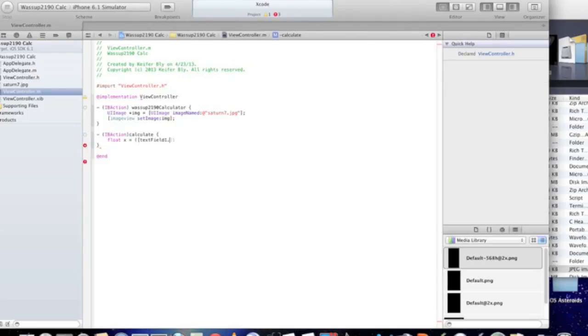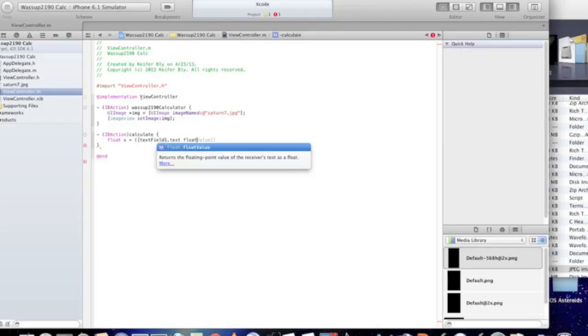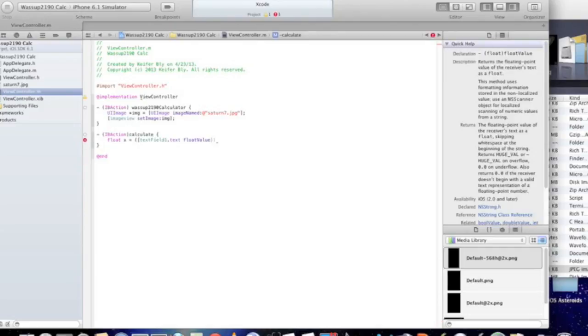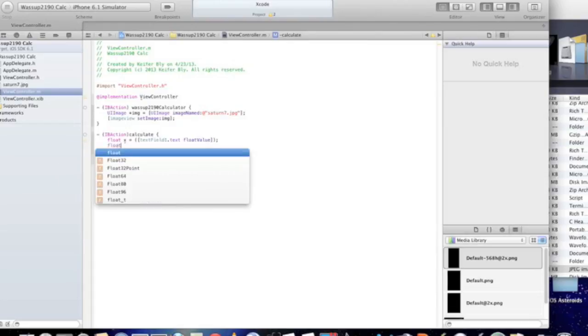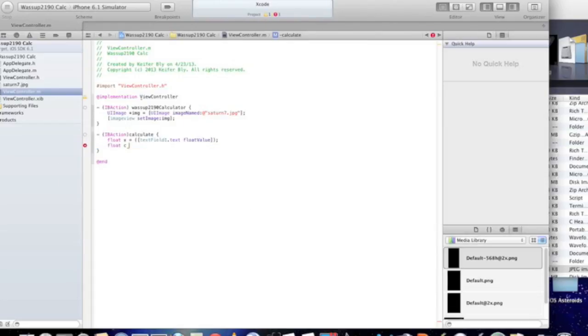Text field 1 text float value, float c. We're basically setting the multiply value right here. Sorry about that confusion. Float c equals